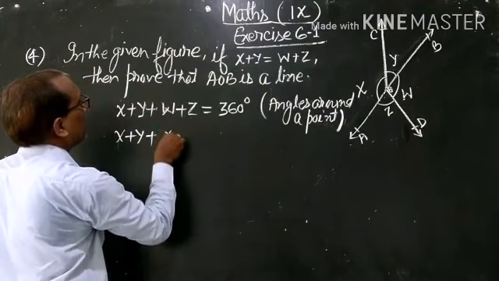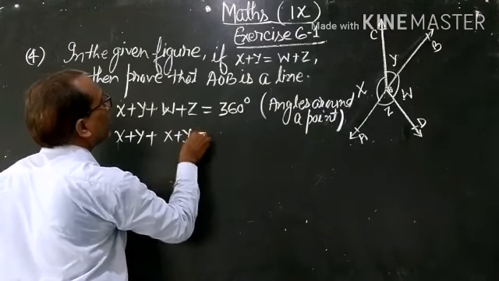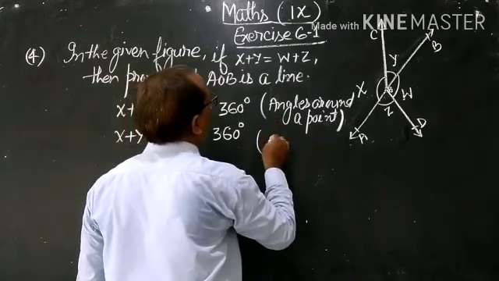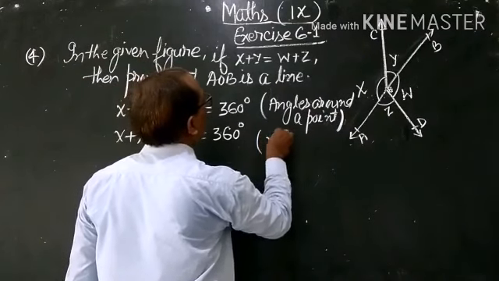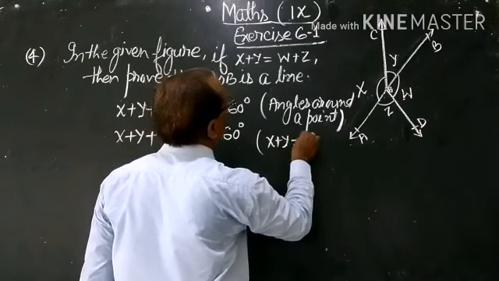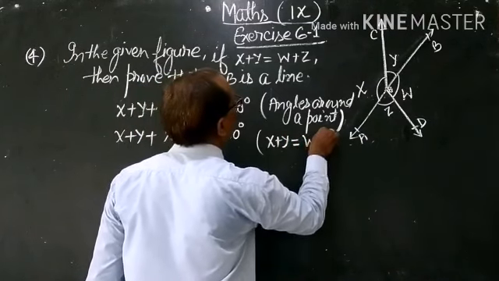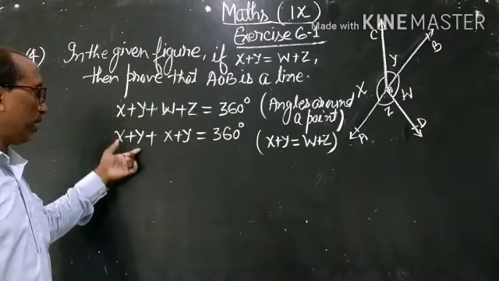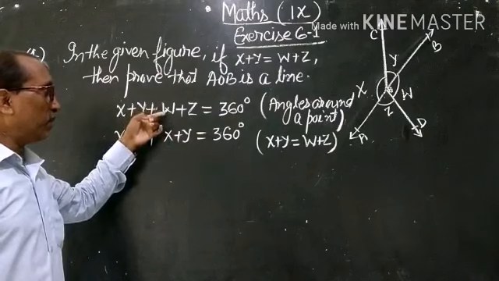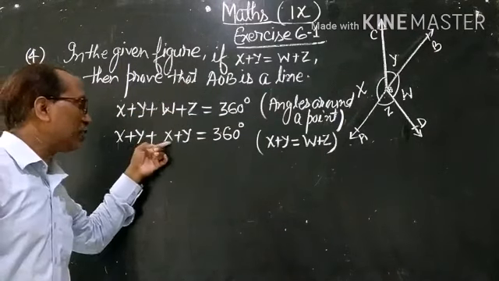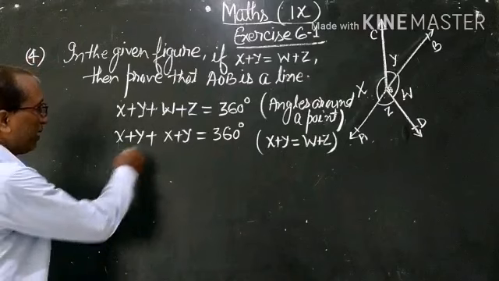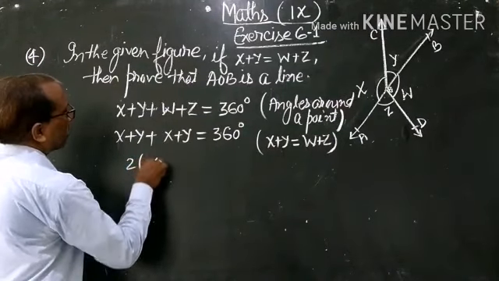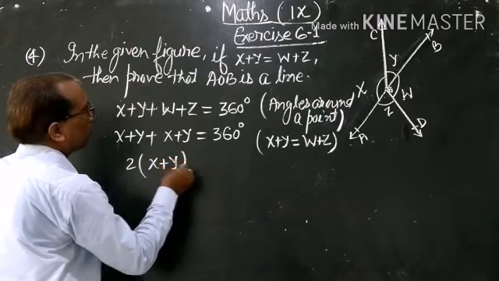In the bracket you write x plus y is equal to w plus z. By this property, we write here x plus y plus, at the place of w plus z we write x plus y. Therefore, we get 2 bracket x plus y is equal to